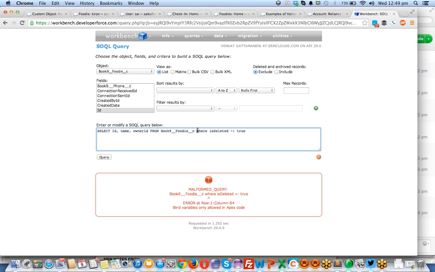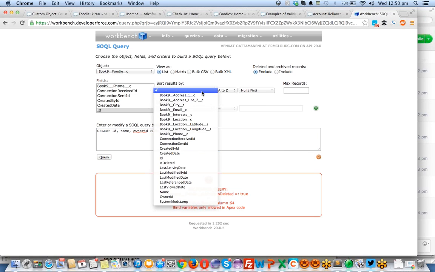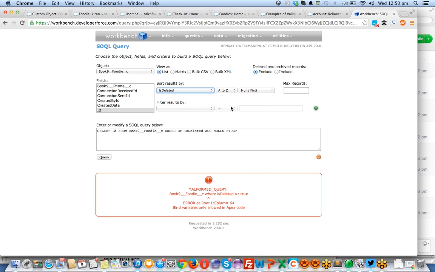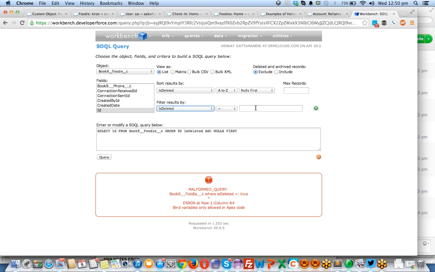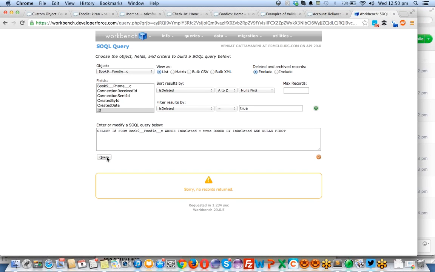One second. Let's do one thing. Let's put the filter automatically from here. There is a syntax error here. Where is deleted? Okay, sorry. Is deleted equal to true, just a simple flag. No record, sorry.